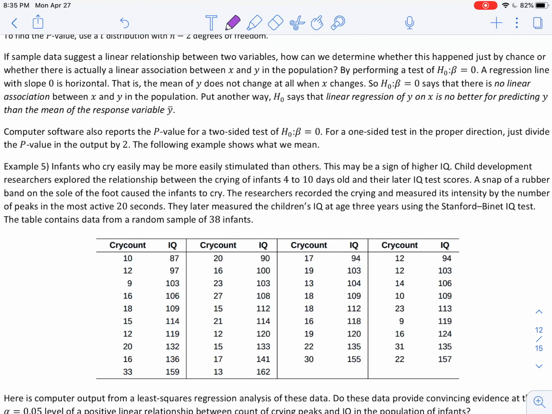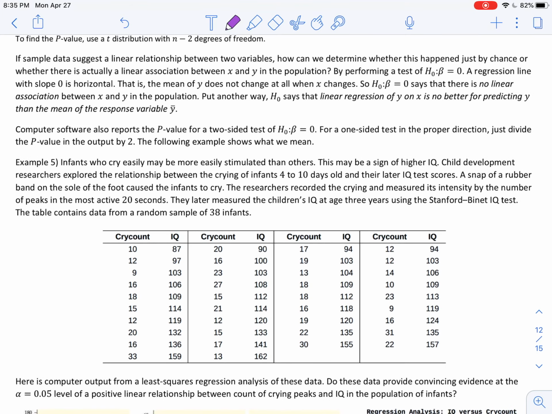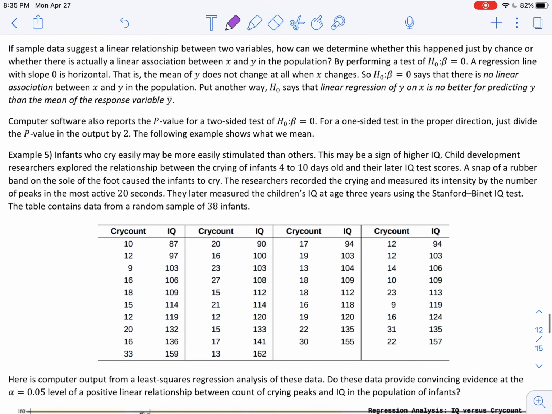So if the sample data suggests there's a linear relationship, we can determine whether this is just by chance or if there's an actual linear association for the population values of x and y. So by performing this test,